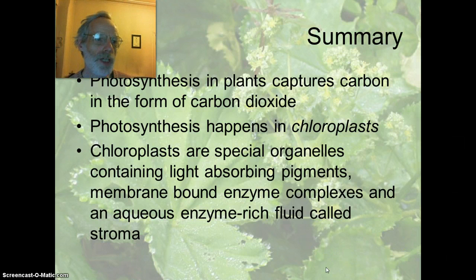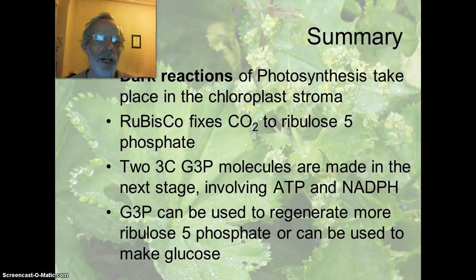Photosynthesis in plants captures carbon in the form of carbon dioxide. It happens in chloroplasts. These are special organelles that contain light-absorbing pigments, membrane-bound enzyme complexes, and an aqueous enzyme-rich fluid called stroma. Dark reactions take place in the stroma involving an enzyme called rubisco, which fixes carbon dioxide to ribulose 5-phosphate. The resulting product splits into 3-carbon molecules using ATP and NADPH. This can then be used to regenerate